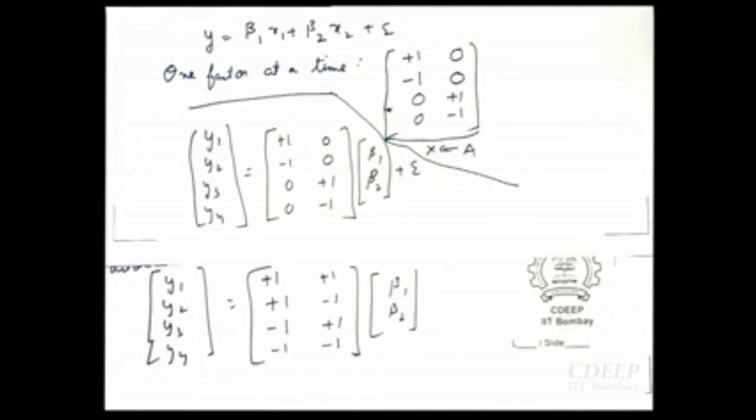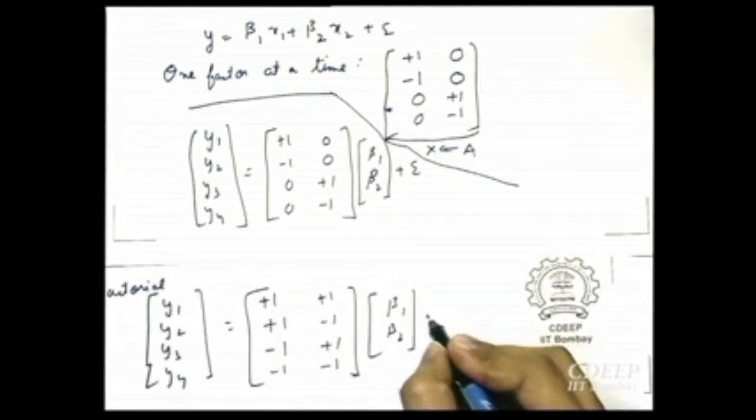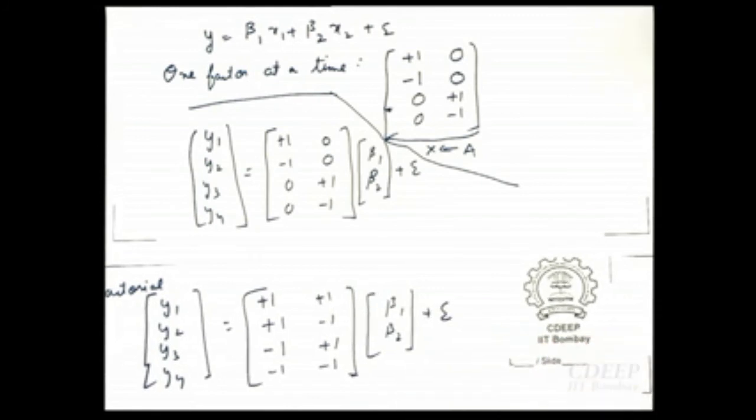Yeah, error vector is also there. Yeah, sorry, thanks. Error vector is of course there. So what I am trying to say is that because this matrix is changing, your estimates are going to be different, and now if they are different, how do you say the estimate obtained from this data set will be different than that obtained from this data set? I mean, how do you say which is better? You really don't know the truth.